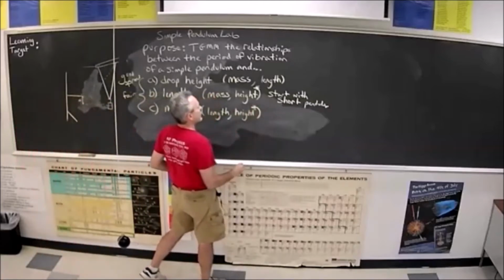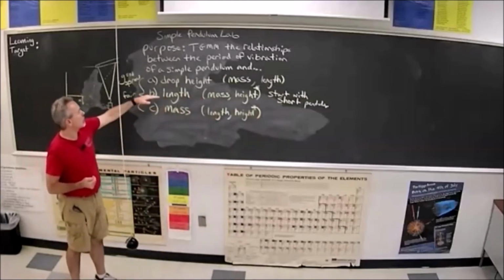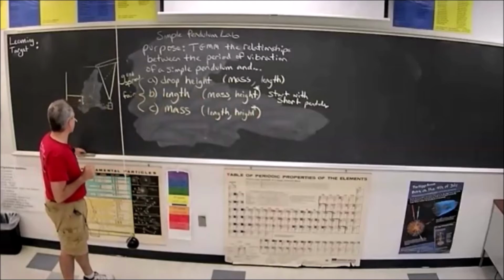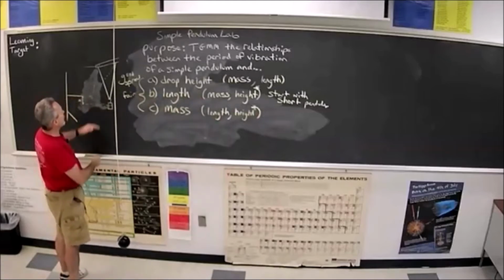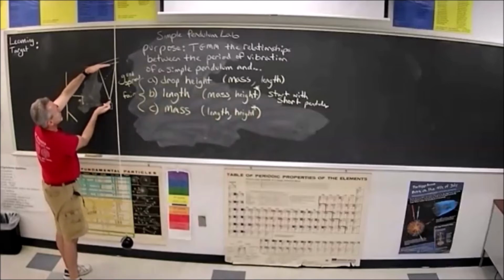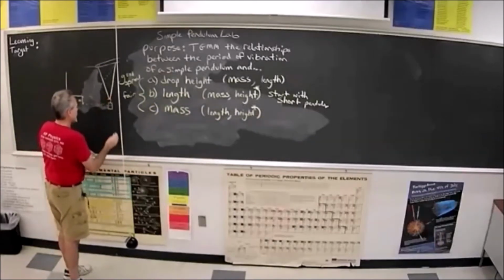So I'm putting a little star next to that. But this last one's even more challenging than part B here because let's say here's my one mass and I've got a certain length there. I'm going to keep the length constant. If I were to put a bigger mass on here,